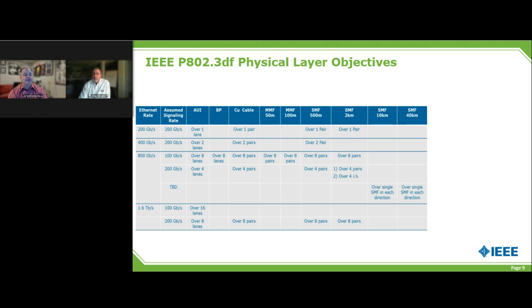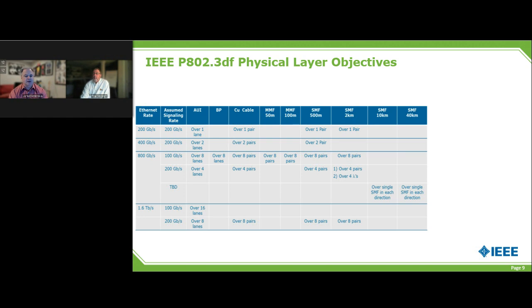So the AUI refers to electrical interfaces. This is something that connects, inside of a system box, chips. We have an AUI that we call chip-to-chip AUIs. And we also have an AUI for connecting from chips to modules. So a lot of Ethernet uses optics, and in some cases even active assemblies, either copper or optics, and they use these AUIs.